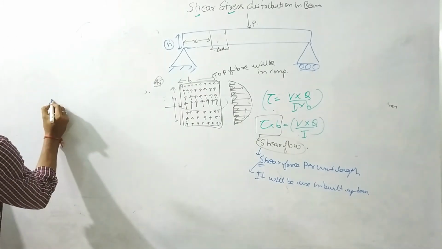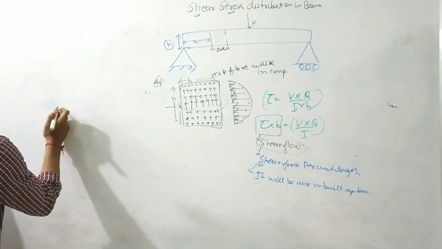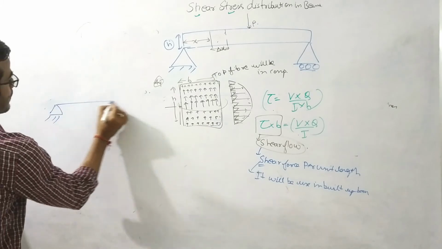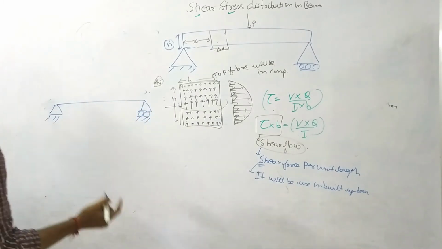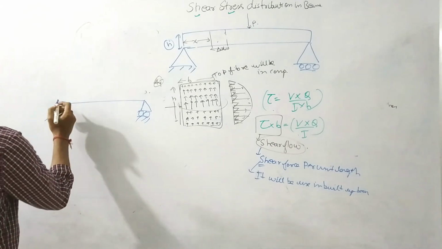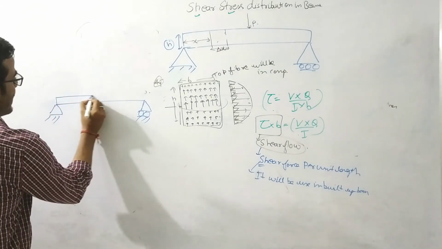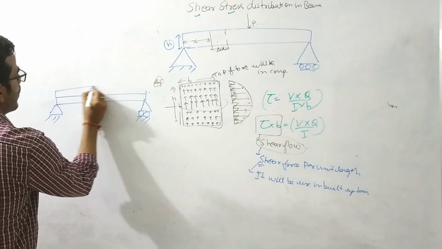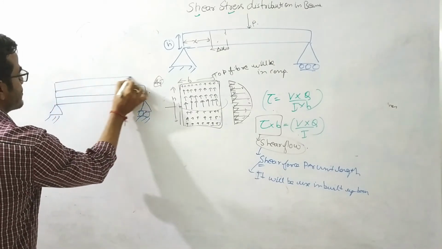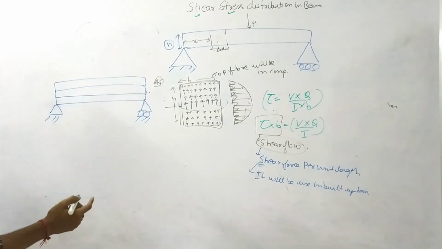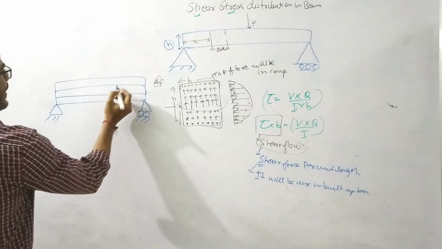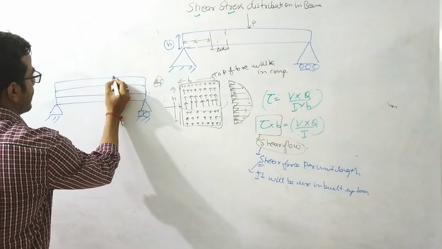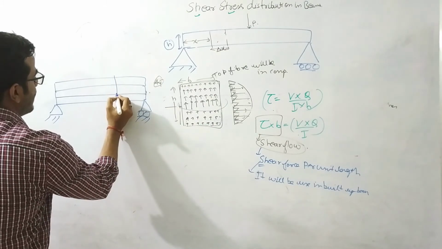Let us suppose this is my simply supported beam, and I want to make some built-up beams. What I will do is stack some low quality material, because in a built-up section we can take advantage of this. Combining low quality material, we can get a strong section. So if I keep a nail over here,